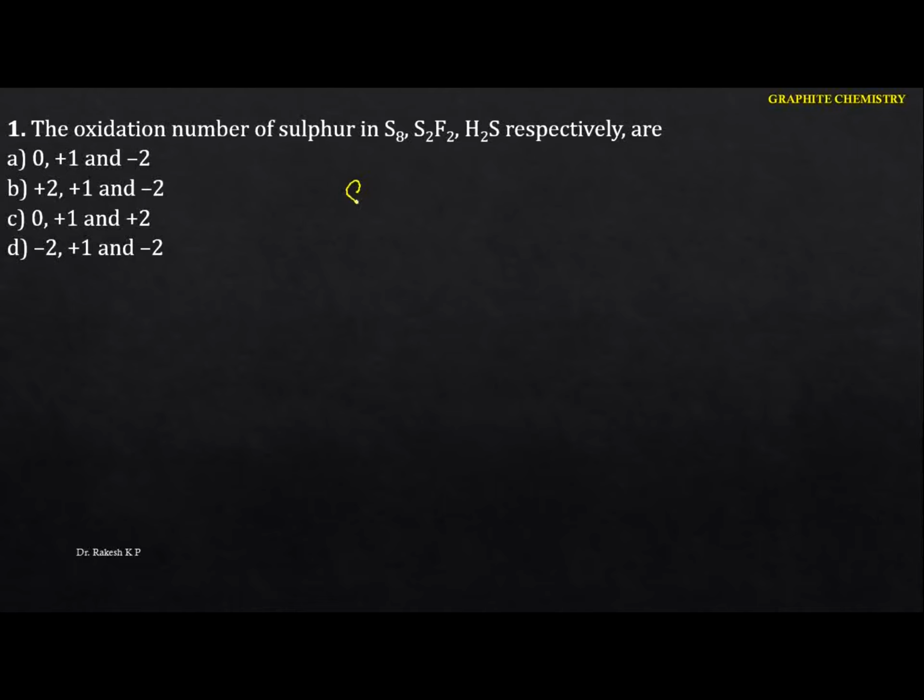Generally we know the rules: if an element is in its particular molecular form, its oxidation state is always 0. But in the next one, S2F2, we have to calculate the sulfur. I'm going to write 2x, since I don't know the exact oxidation state of the sulfur, but we know fluorine, like all halogens, shows the -1 oxidation state. So the sum is 2x minus 2, which is equal to 0. That means x is +1. In this case the oxidation state will be +1.